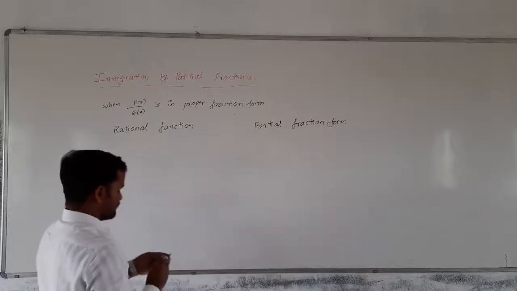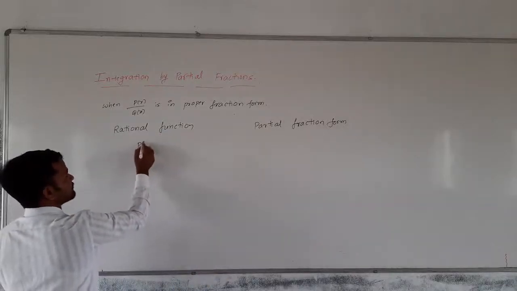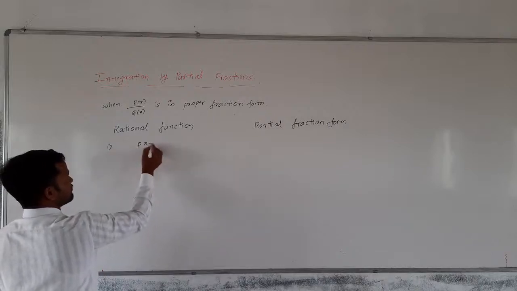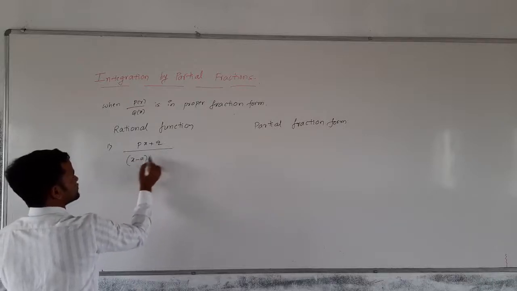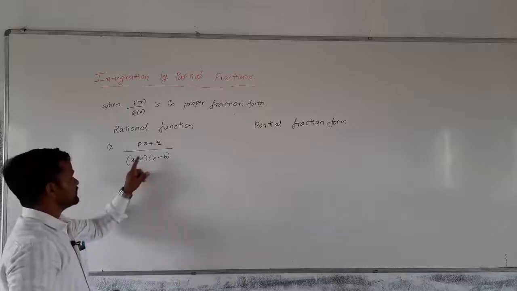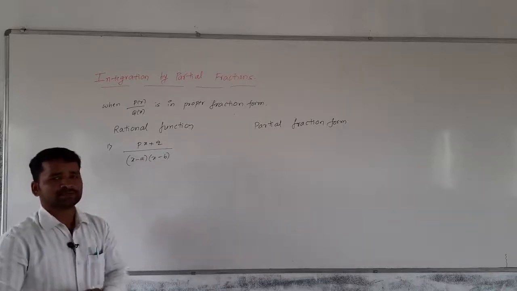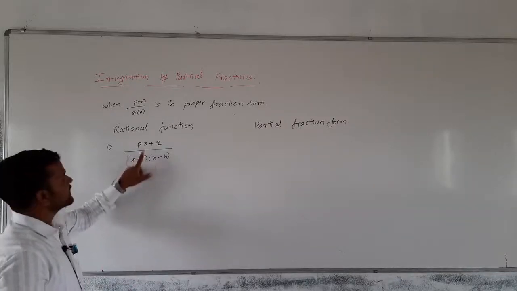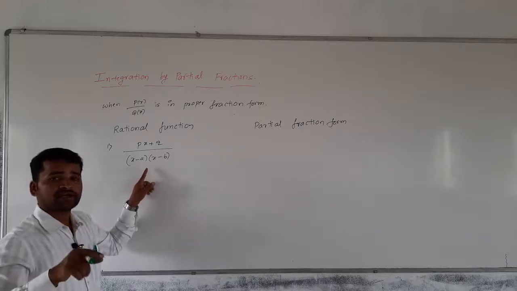Okay. First of all, suppose there is a rational function in the form, first one, px plus q divided by x minus a into x minus b. You identify whether it is in the proper fraction form or not. Yes, it is in the proper fraction form because numerator degree is 1, and what about the denominator degree? Denominator degree you should obtain by